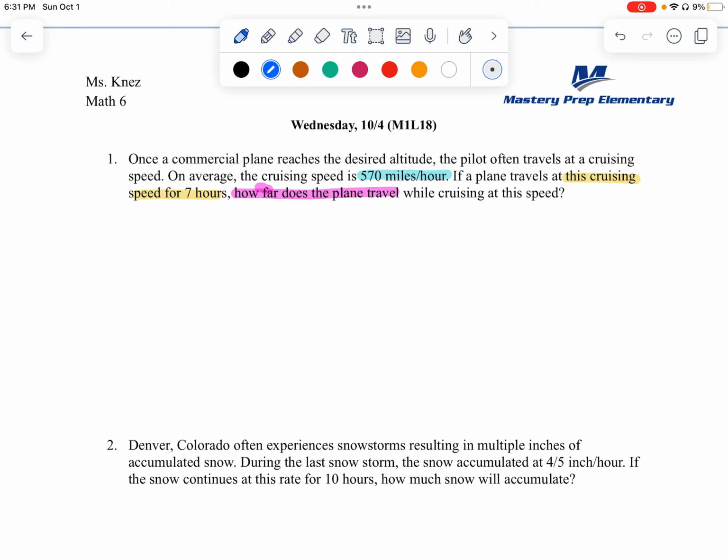So our old strategy for doing this might have looked something like this: miles, hours, or maybe reversed. But we know that in 1 hour, we can go 570 miles. And so you could have counted down the table to figure out how many miles can be traveled all the way down to 7 hours. But we can also see the pattern in the table, which is that we're multiplying the number of hours by